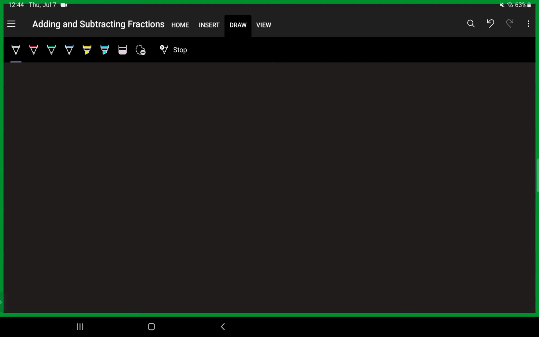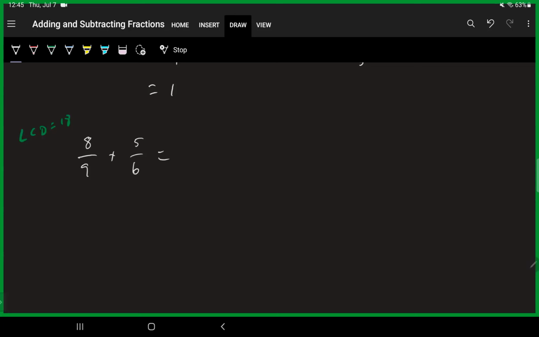Let's look at an example where we don't have a common denominator. Let's try 8/9 plus, let's see here, 5/6. Okay, so 8/9 and 5/6, we do not have a common denominator there. The LCD is 18 because 9 goes into 18 and 6 goes into 18, both evenly, and that's the smallest number that works. So I have to convert these.